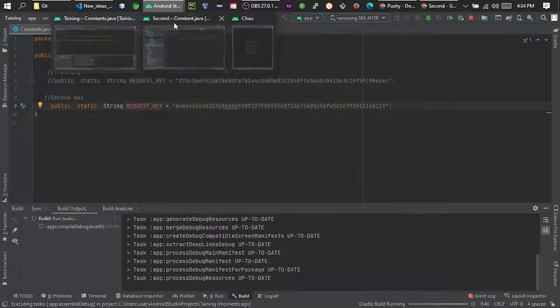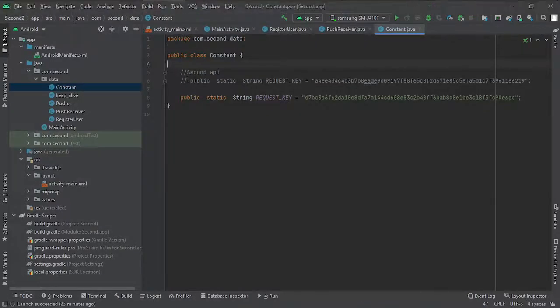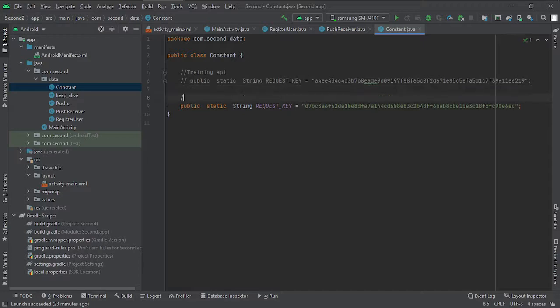Now, as I was saying, same goes for second. What I'll do is I'll comment out second. I'll no longer be using it. As you can see now, this is second API key. Let me quickly adjust this. This is training. Now this is second API key. Now if I wanted to call the training, which is the first app, I'll just comment out this